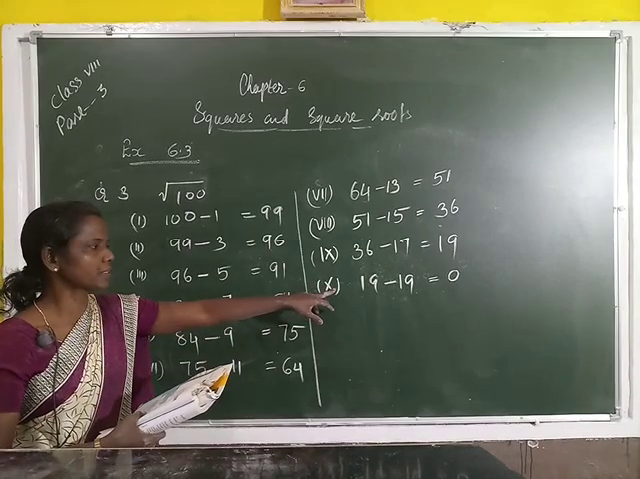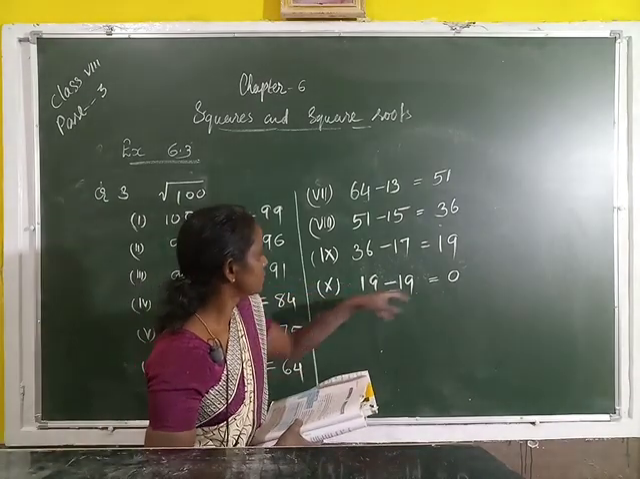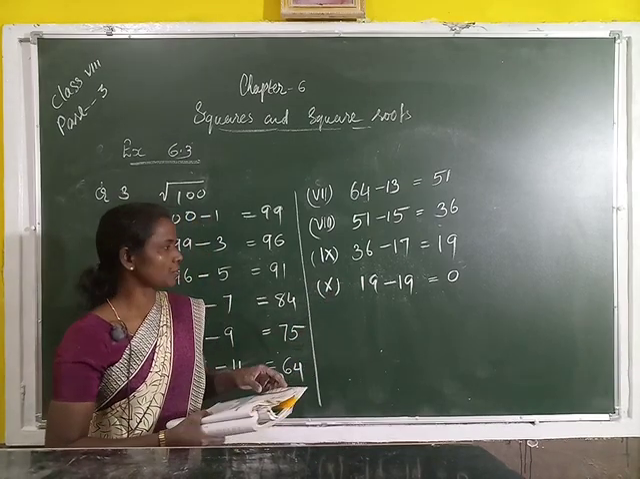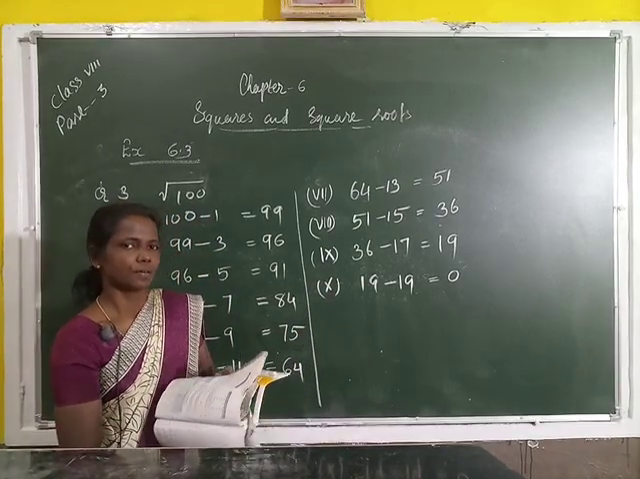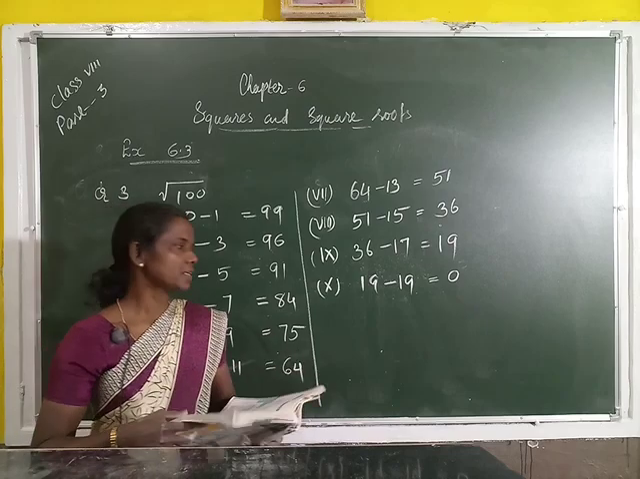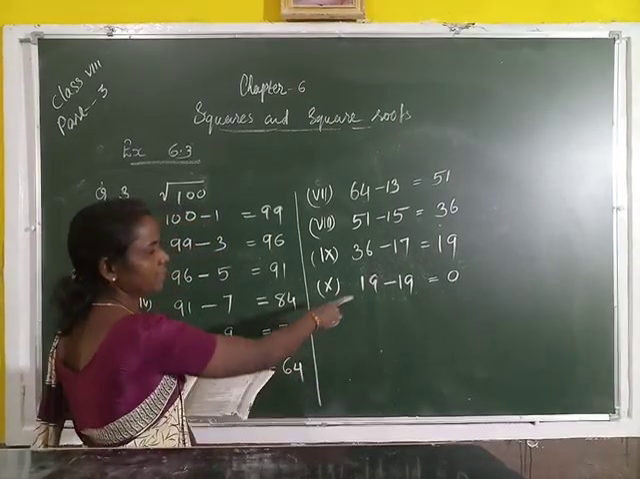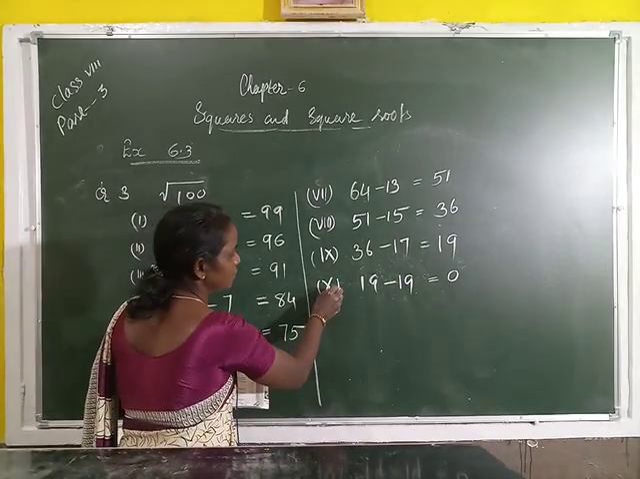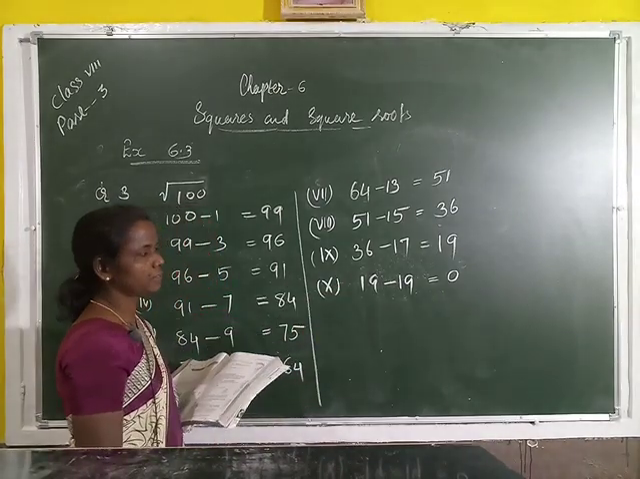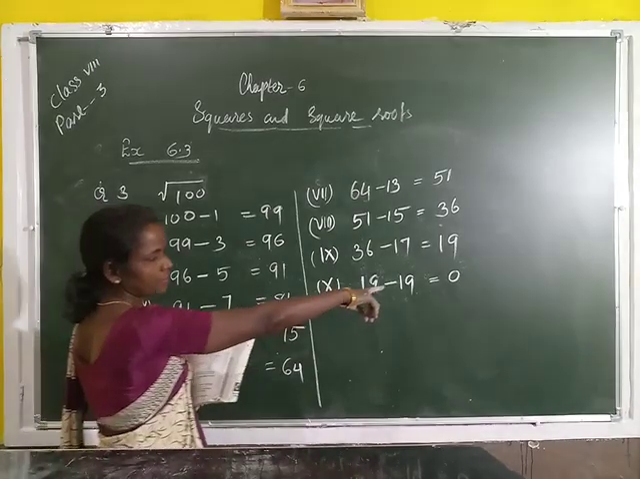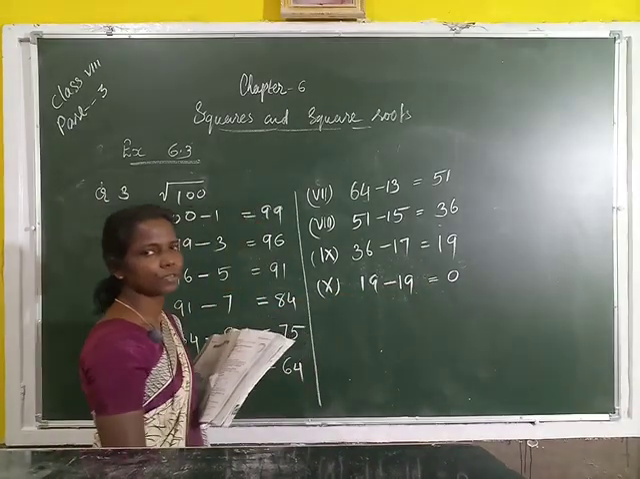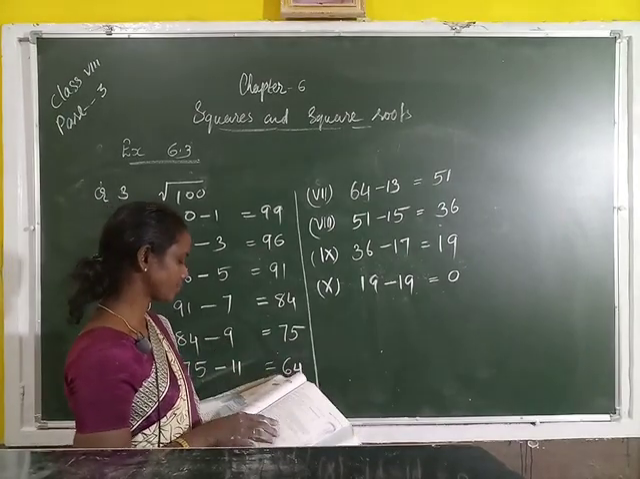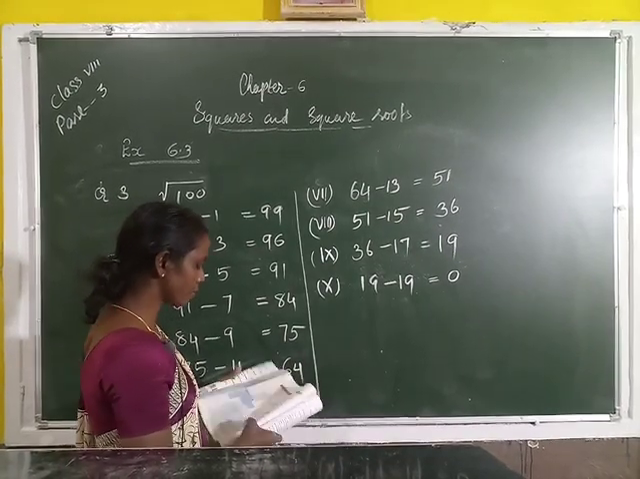Which step do we get 0? The tenth step. So which is the root of 100? Do you understand? Which number is the root of 100? Here, at the tenth step we get 0. So the root of 100 is 10. Is it clear? So we can write: